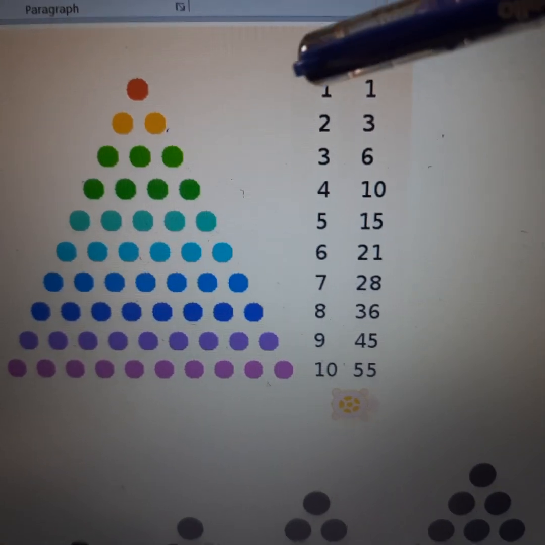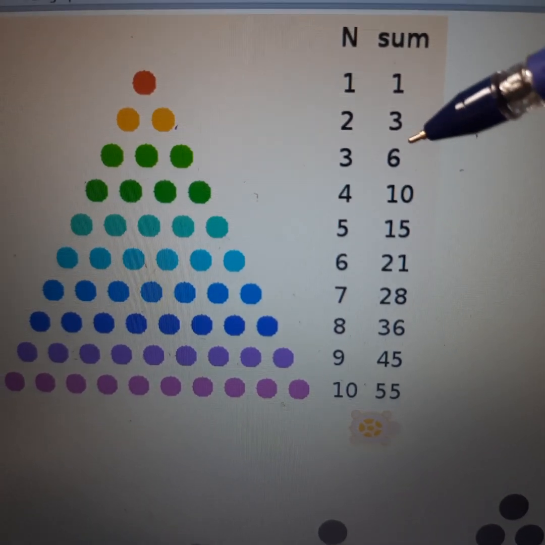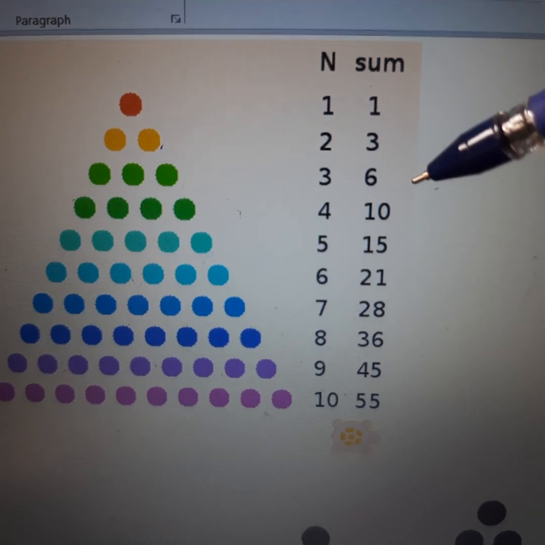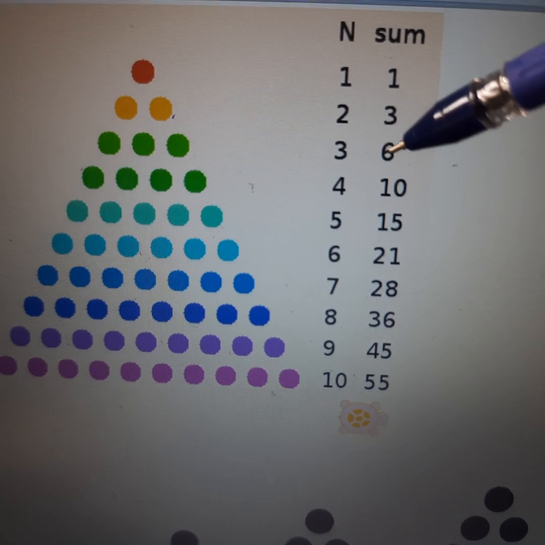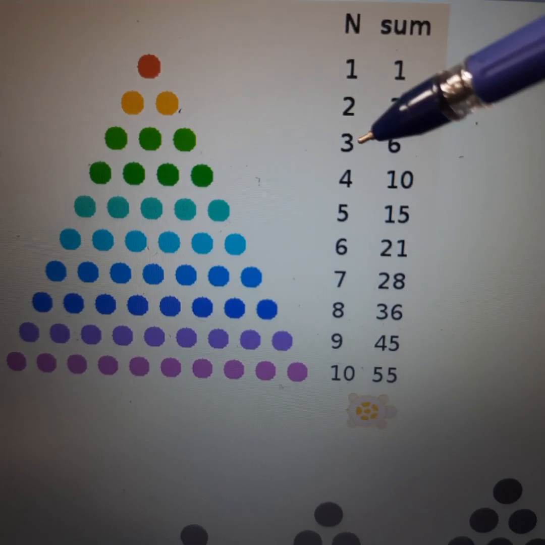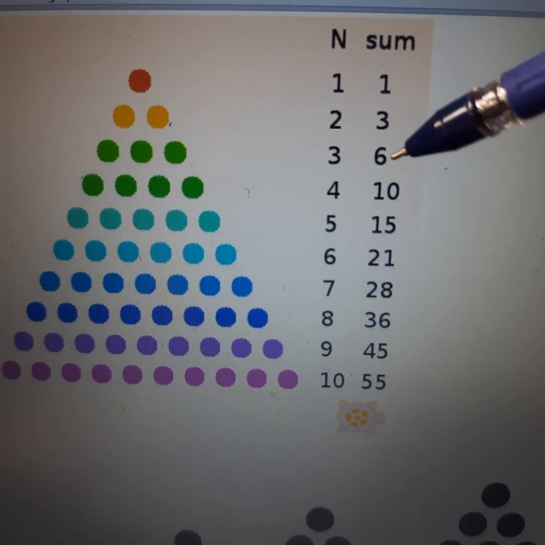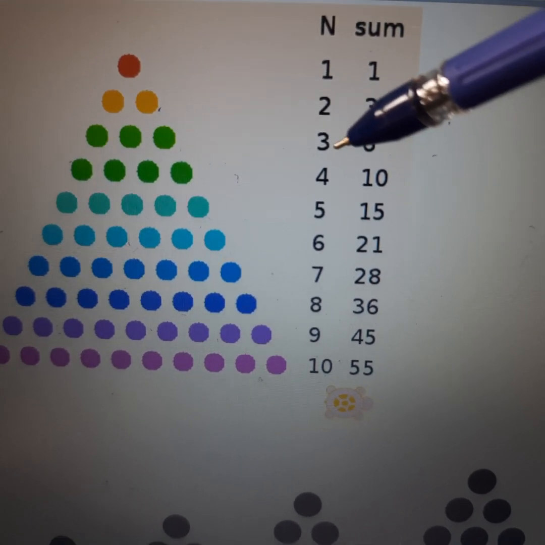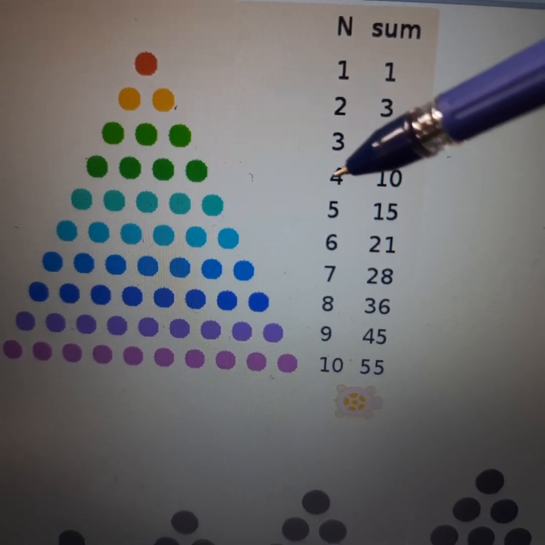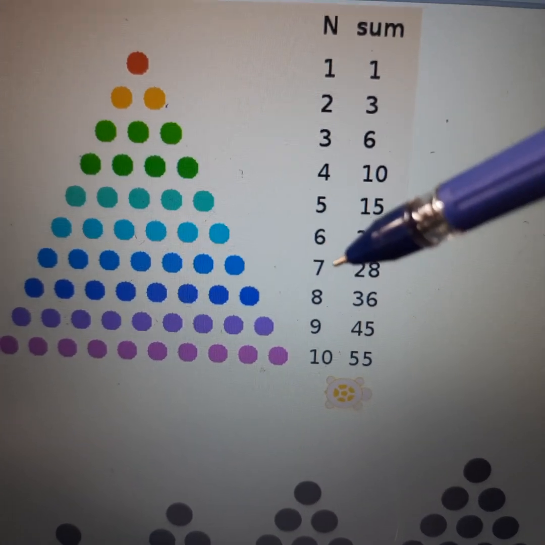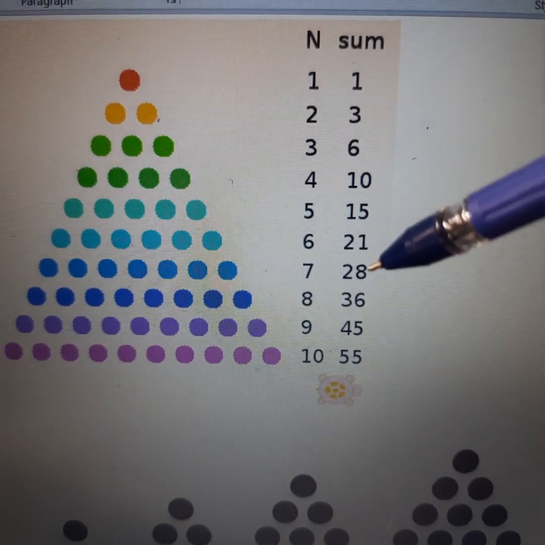Look at this. n is equal to 3. If 6 is the first triangular number, then what is the fifth triangular number? So see, 6 when n is equal to 3, correct? Then we have to count. n is equal to 3 is the first triangular number. That means from here 1, 2, 3, 4, 5. That means when n is equal to 7, I get my fifth triangular number, that is 28.